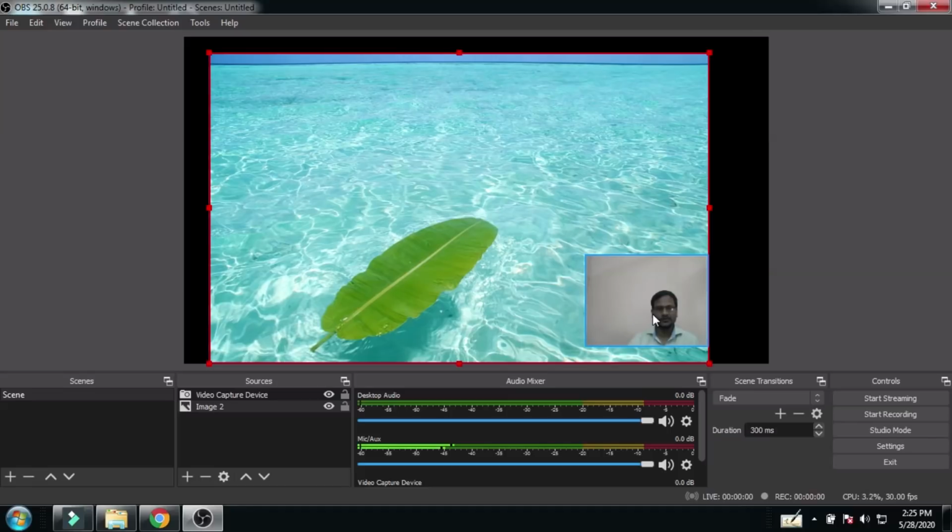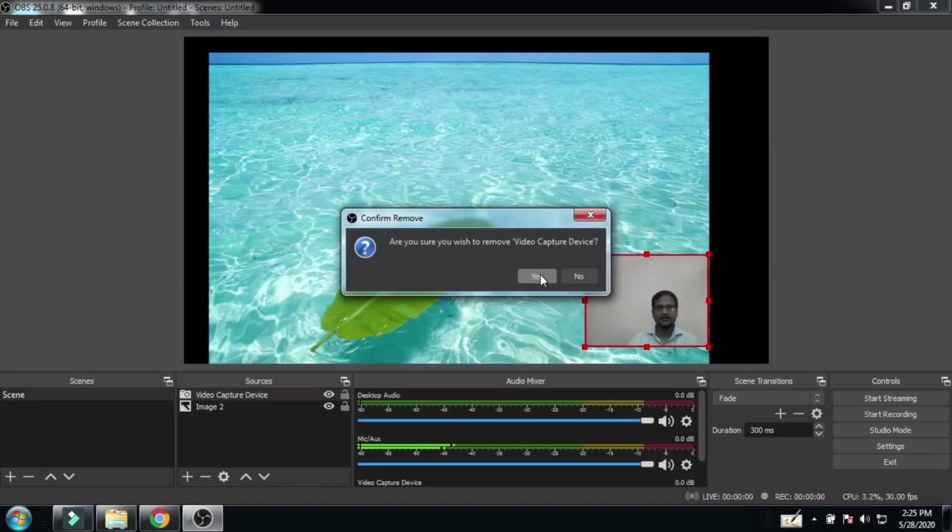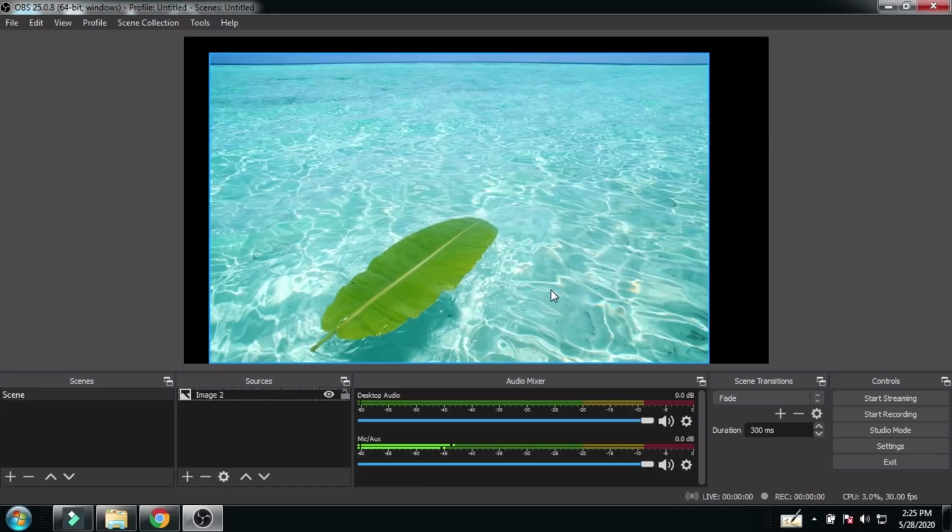And if you want to remove it, just click on that section, go to the negative, click on video negative, and then yes, so that the video capture source is removed.